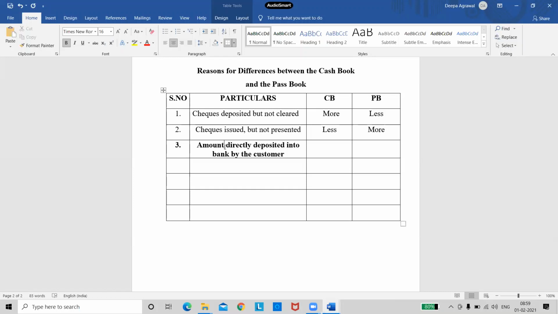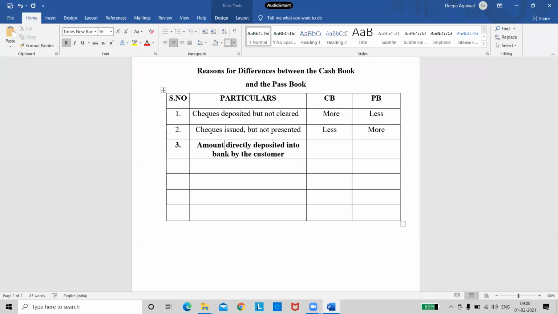Passbook, ma'am. Passbook will record. Okay. So with the record in the passbook, will passbook balance increase or will it be less? Less, ma'am. Ma'am, it will be more. Think again, more or less? One is saying less, one is saying more. Why will it be less? It is a receipt, ma'am. So receipt will increase the balance or will decrease the balance? Ma'am, it will be more. Receipts will always increase the balance.